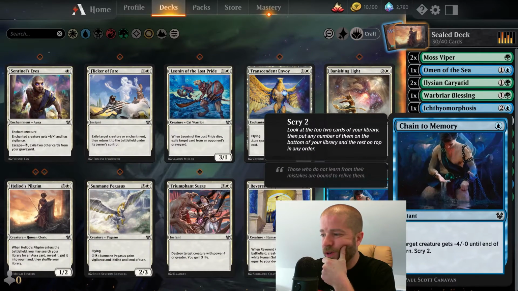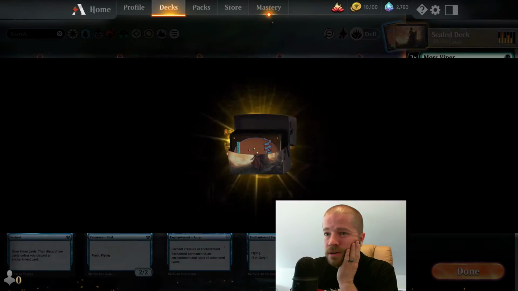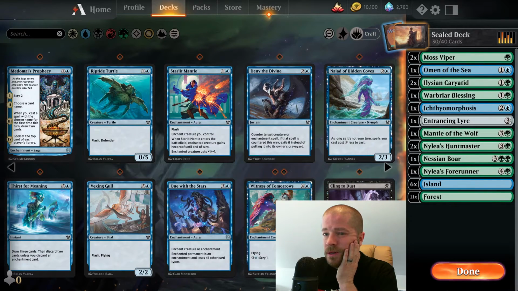With 3 copies of Chain to Memory too. Chain to Memory is a 1-drop also. It's an instant. It lets you scry 2, and gives -4/-0 until end of turn. It's instant speed. That just blanks a bunch of stuff. How many non-creatures? We're at 5, so